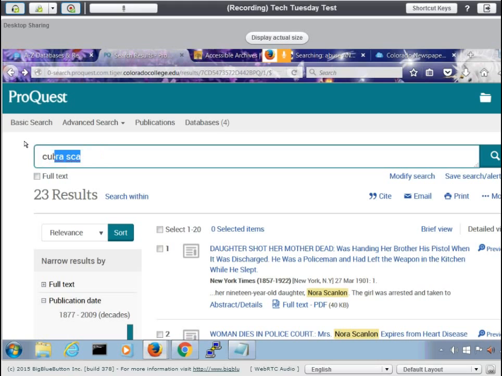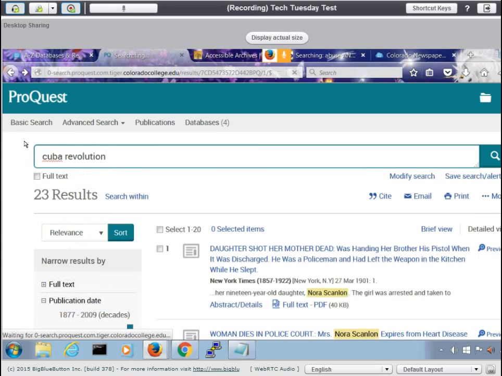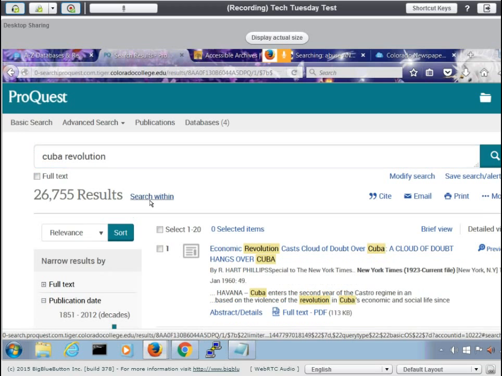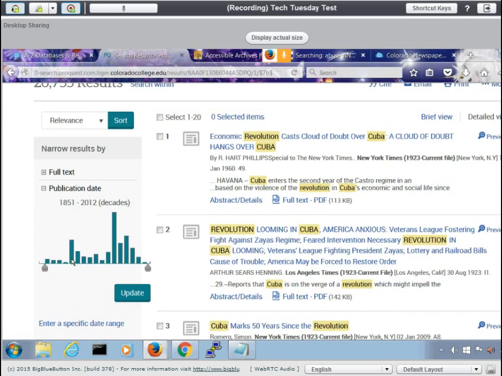So if we say Cuba Revolution, you can see we get a huge amount, so we probably want to limit the date. What was the year on that? Okay, so if we